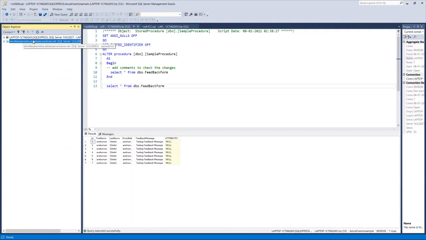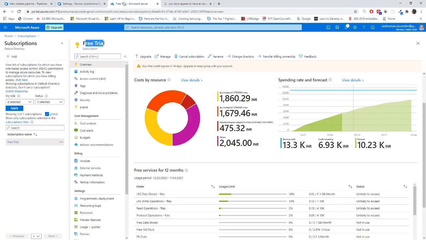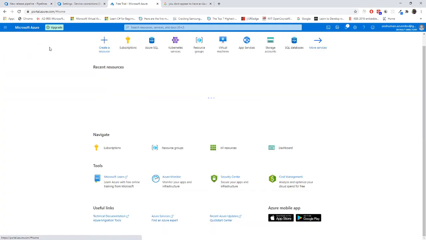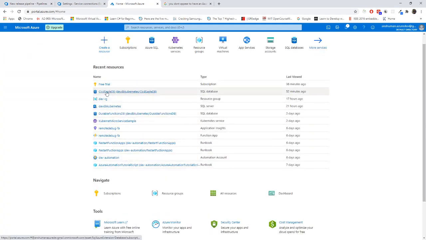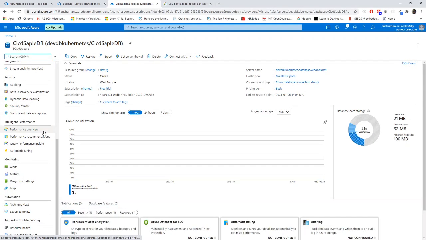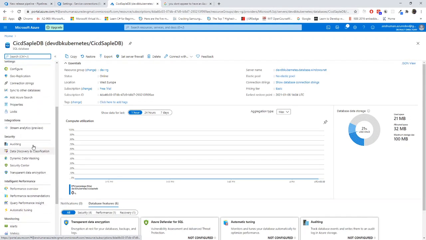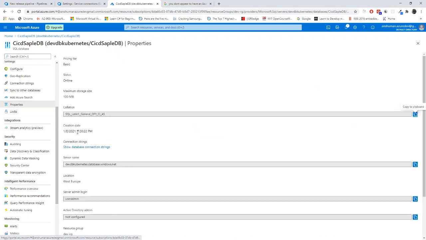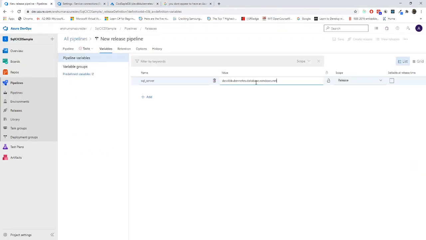Let me just collect it. I can go to the Azure portal and collect it there. This one is the CI/CD sample database. I'll go to properties. Now this one is my SQL server name. I'll copy it and paste it in the variable.